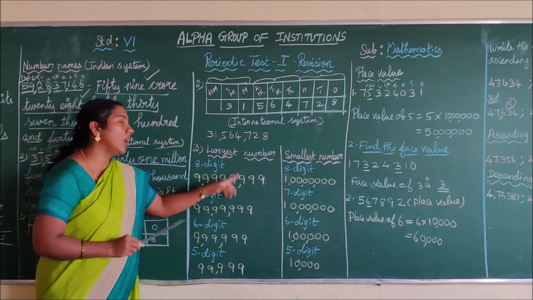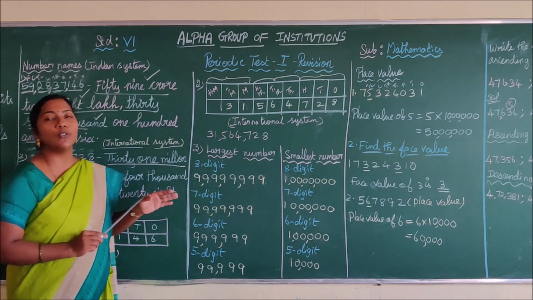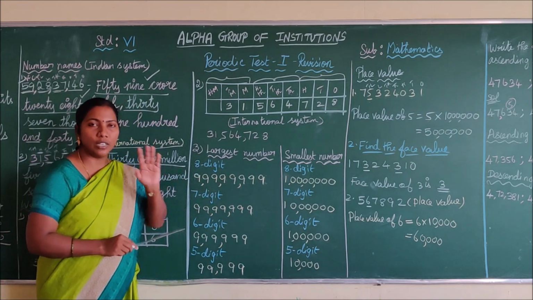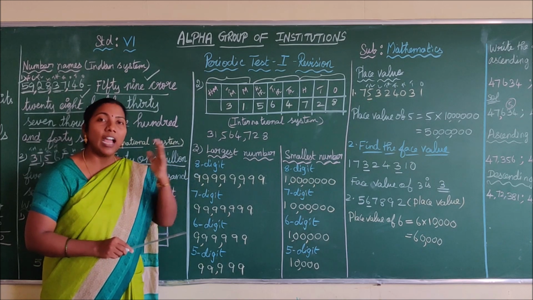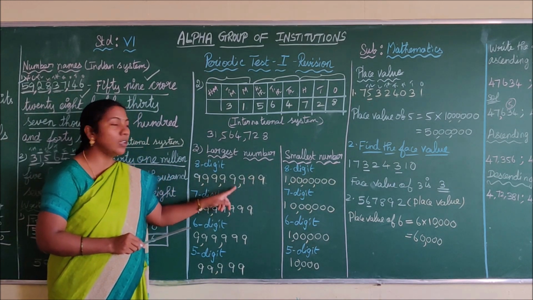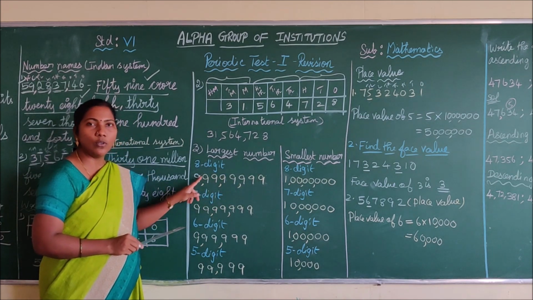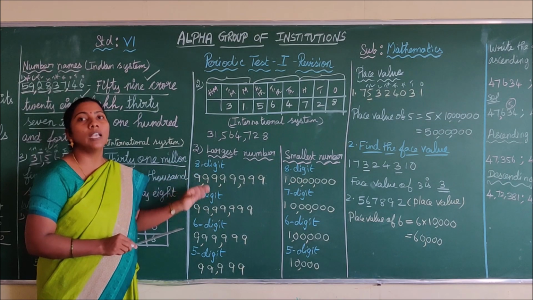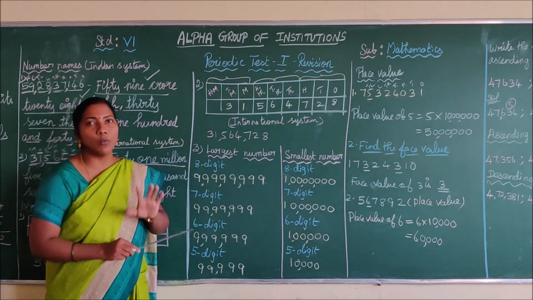And you can always use the Indian system of numeration commas. That is, after every 3 digits and then every 2 digits. First you have to place the comma after 3 digits. After that you have to place the comma every 2 digits. See here, 1, 2, 3 first comma. 1, 2 next comma, 1, 2 next comma. In every pair you have to use the commas as per the Indian system of numeration.